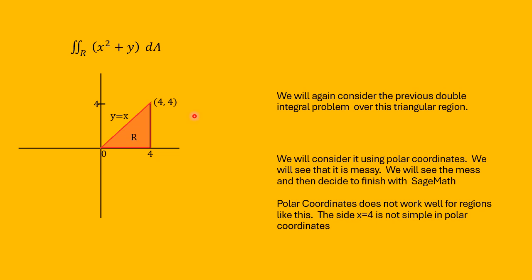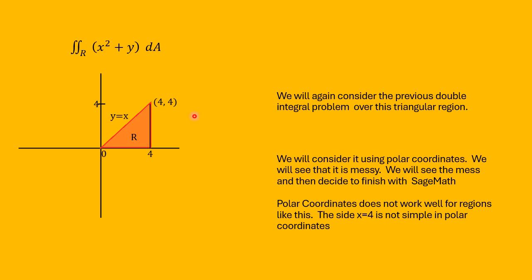And we'll find that it's very messy to do that way, and to save a little bit of time and to see that we actually do get the same answer we got before, we're going to, at some stages in this calculation, rely on SageMath to do some of the dirty work,